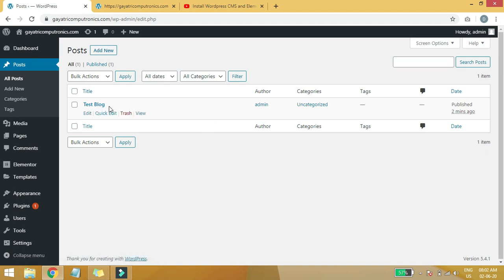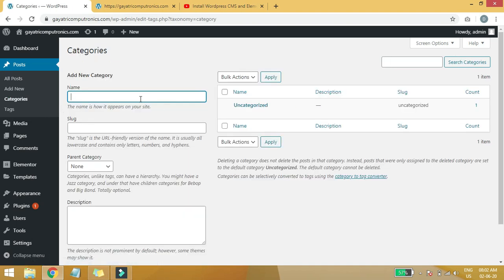Posts can be categorized. Like if you have several posts and you need to categorize them, what you will do is click on categories. Suppose I have 4 categories in my website. One is WordPress.